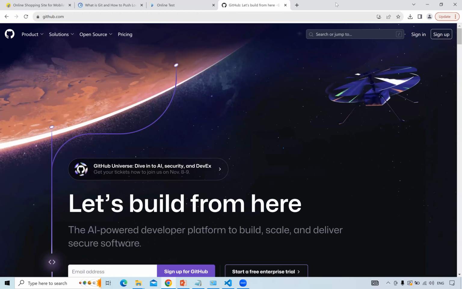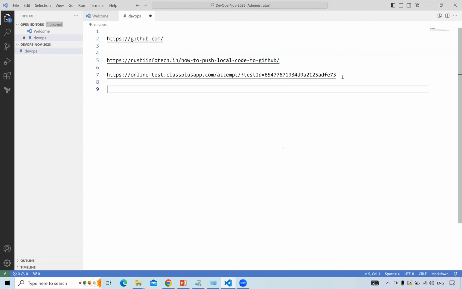One thing I want to clarify here. GitHub is a place where developers develop code, and to store the code securely they use GitHub. We are admins. DevOps engineers are admins. We won't develop the code. We manage the